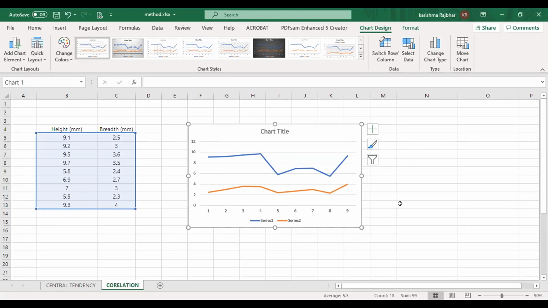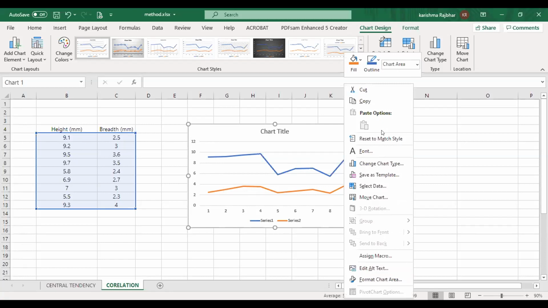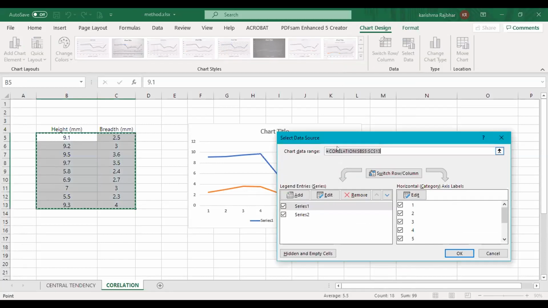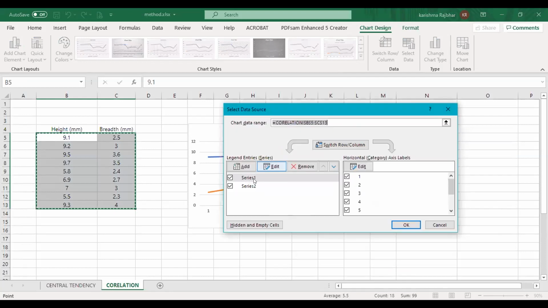X. Yes. Okay. So now I am considering height as independent. So I just select this graph, make a right click and see, here there are the options. Okay, now I will go to select data. In select data, see here, both the series are selected. Series 1 means this height, series 2 means this breadth one.